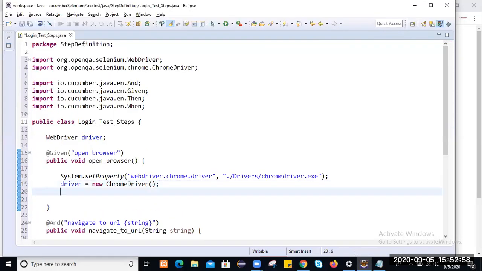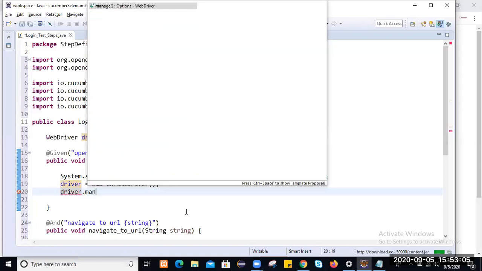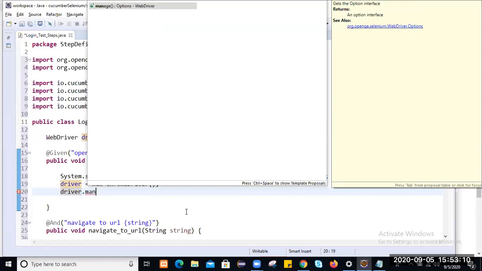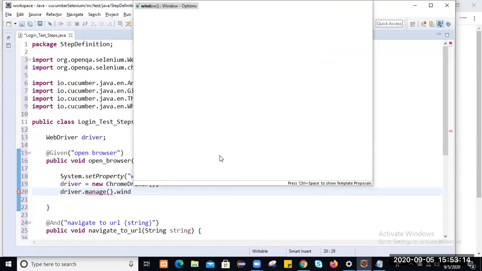Okay, and then after that, we'll write to manage the window. We'll go for driver.manage and maximize the window here.